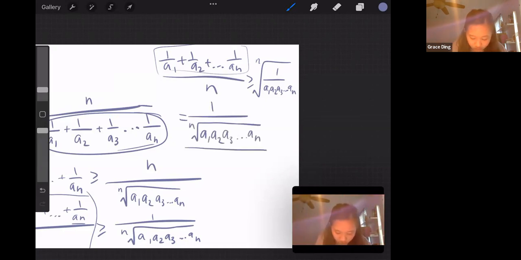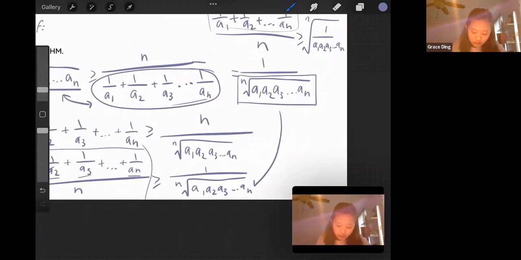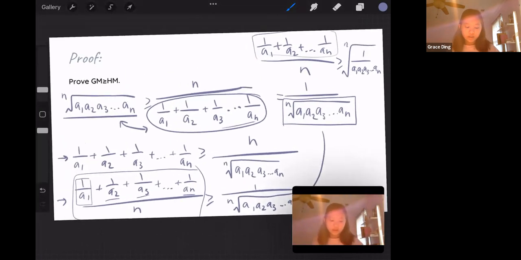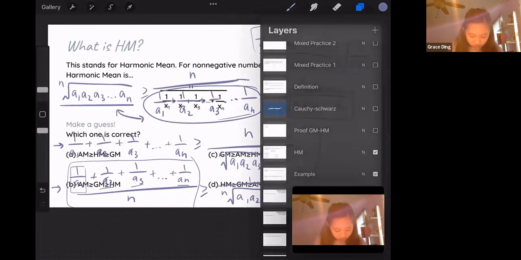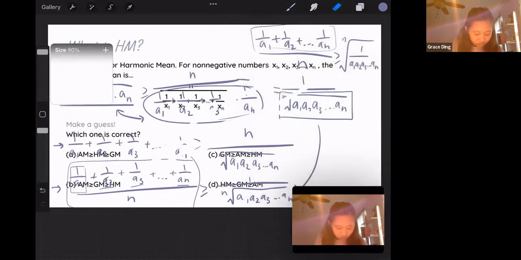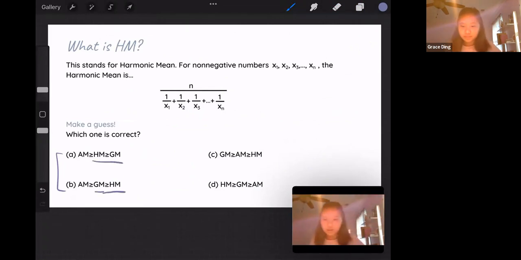And this denominator should look familiar because it is what we were trying to prove all along. So that is why GM is more than HM, which would help you eliminate these two, because now I know that GM is more than or equal to HM and not the other way around. So